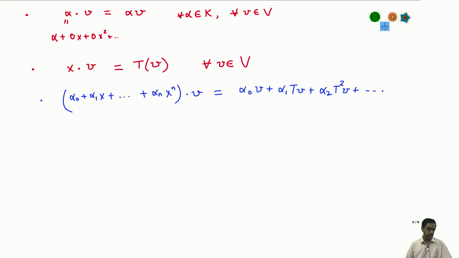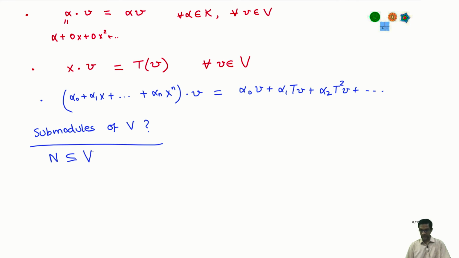Okay, now the question is, what are submodules now? So let's now ask, what are submodules of V? These are now K[x] submodules. I'm thinking of V as a K[x] module now. So what's the definition? When do you say something is a submodule? So suppose N is a submodule,